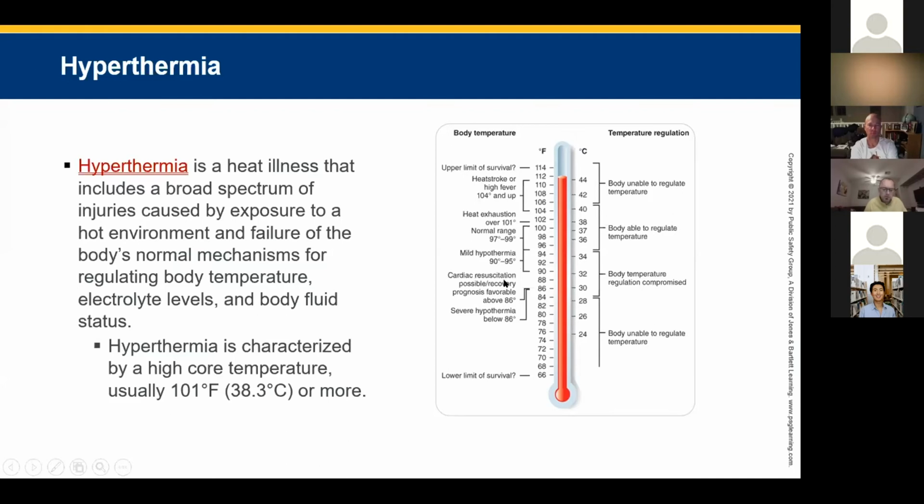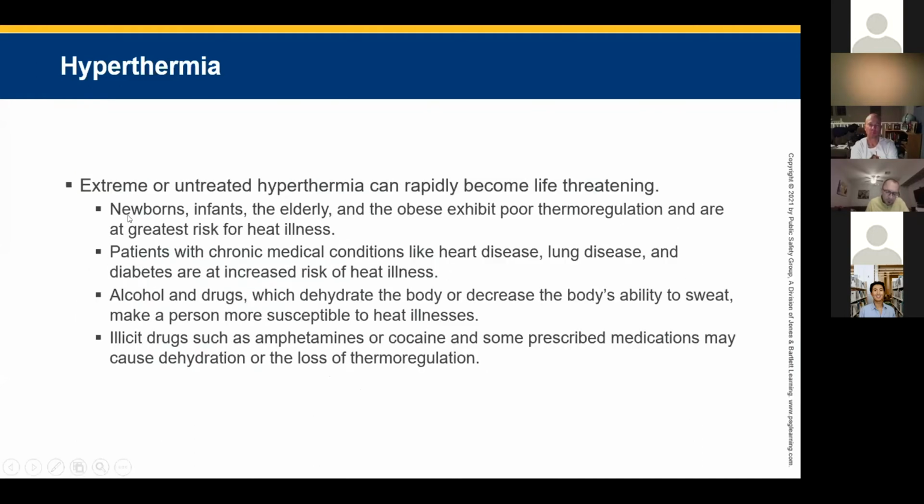That's cardiac resuscitation, that's mild hypothermia, and body unable to regulate, which is severe hypothermia. And you'll see that as we go along in the slide, which is what Sam's going to present. Extreme and untreated hypothermia can rapidly become life-threatening. Newborns, infants, especially the elderly and the obese, poor thermal regulations are at a greater risk